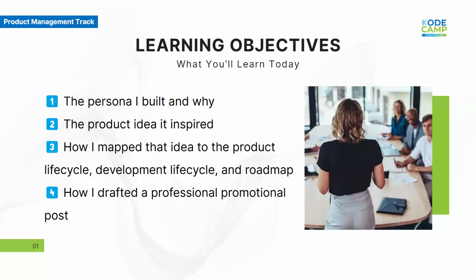So let me give you a quick overview of how this walkthrough is structured. First, I'm going to present the user persona I created. I will break it down carefully, explaining why I focused on certain details and how each of those details contributes to guiding product decisions. Next, we will look at the product idea that came out of that persona. I will explain not just what the product idea is, but also how I made sure that the idea is focused